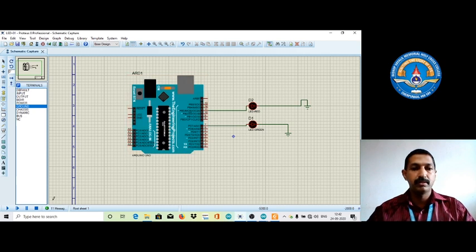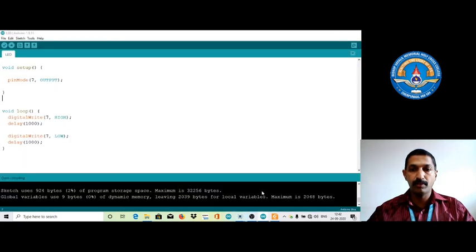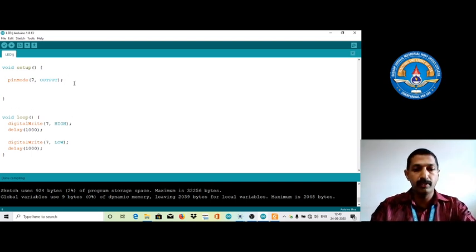So we have already added one more LED, but there is no change in the LED. We need to change our code. That means we need to go back to our LED code. We have added pin number 11, so we need to write pinMode 11, then output. The first step is, whenever digital write 7 is high, there is this delay.